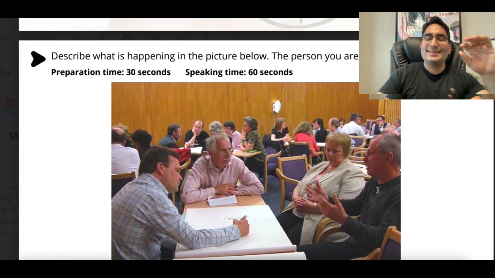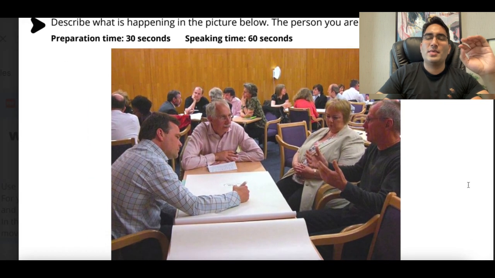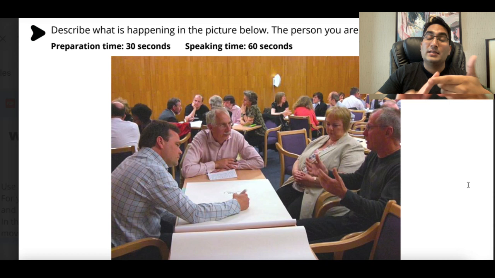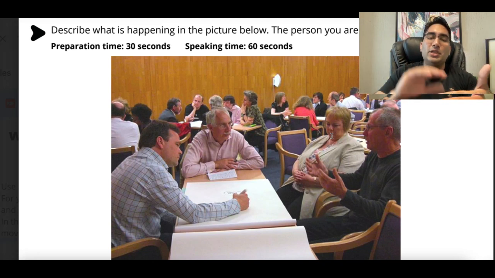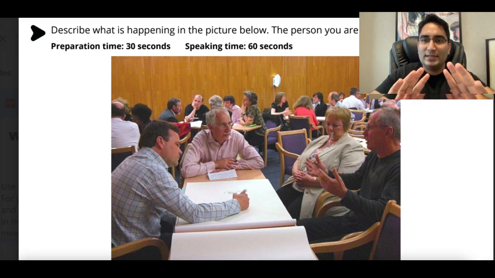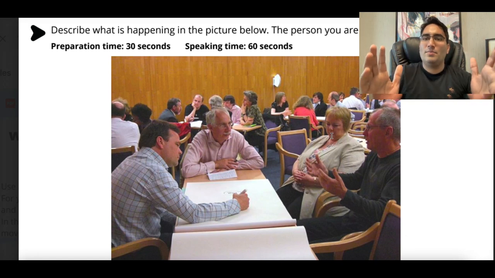This strategy, what this does is it enables you to always score the best mark in task response because a lot of you don't say the main things, and when you try saying them at the end, you don't have enough time to finish. So if you have the strategy, you can ensure that at least 3 to 4 main things are said. And in the remaining time, you can say everybody else, it looks like they're in a meeting room. It's probably a business conference where they are supposed to come up with ideas in round tables. That's it. So you can say everybody else at once in conclusion. You can look at the time and monitor it and finish it effectively. So this really helps us.